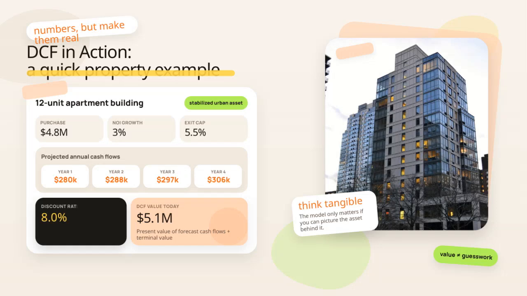Here's a quick example to bring the DCF model to life. Imagine a 12-unit apartment building in a stable urban area. We're looking at purchasing it for $4.8 million. The net operating income, or NOI, is expected to grow steadily at about 3% per year. We project the annual cash flow starting with $280,000 in year one, gradually increasing each year up to $306,000 by